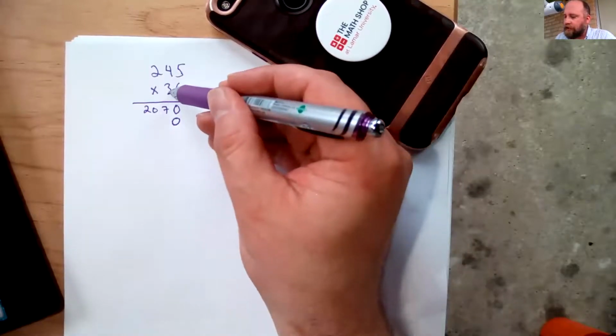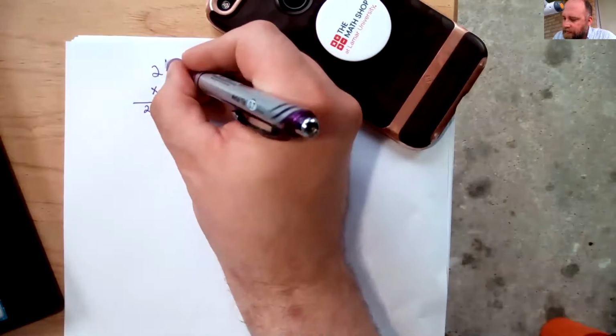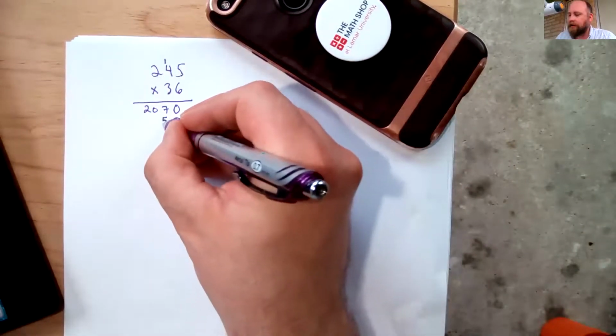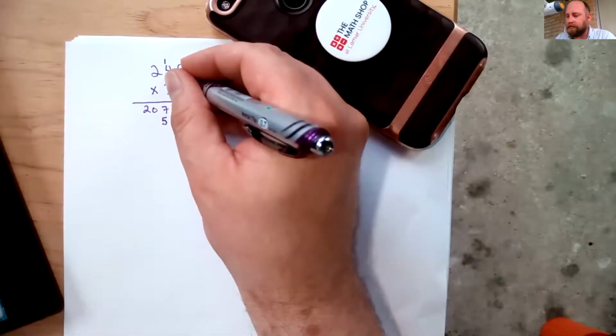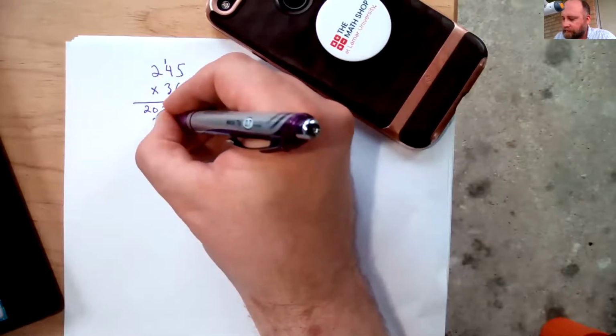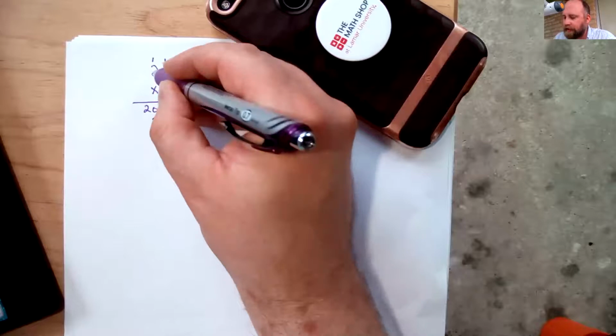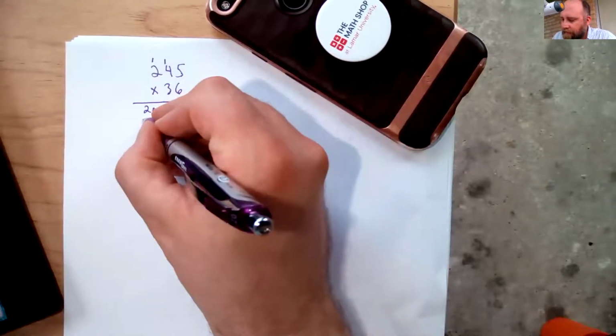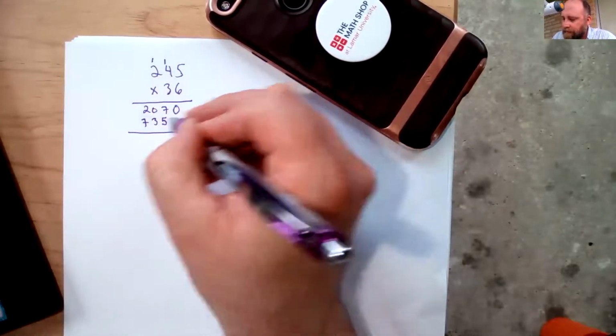So 3 times 5 is 15. 3 times 4 is 12. Plus 1 is 13. 2 times 3 is 6. Plus 1 is 7. And then we add